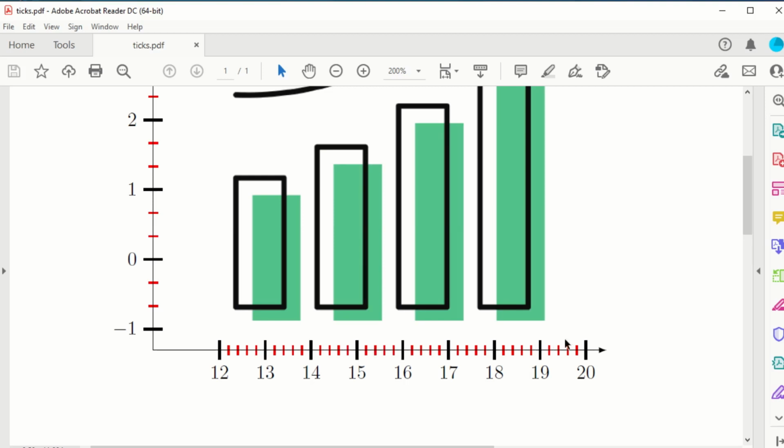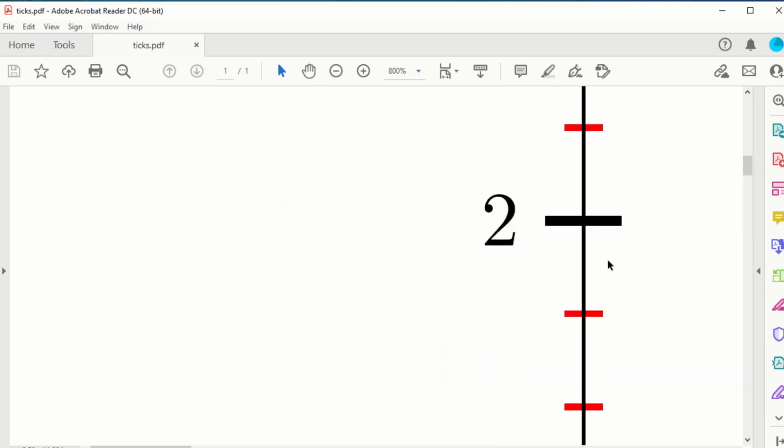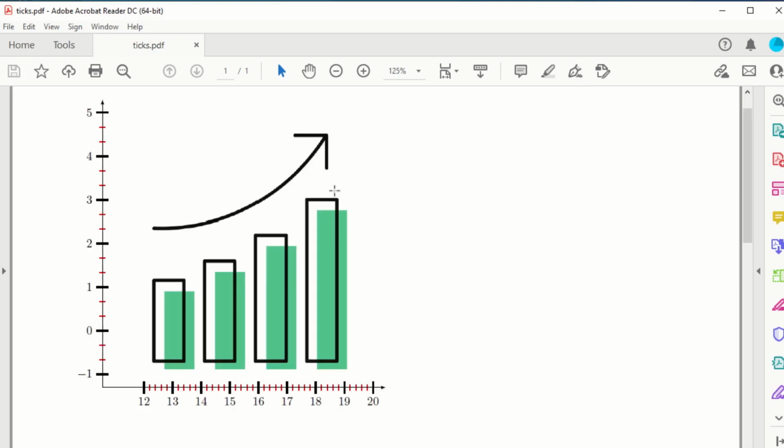But these tick marks which I am going to put will stay sharp at any resolution. Even if you go up to 800%, these tick marks will stay crystal clear. So this is one reason we want to put these tick marks in a professional quality software such as LaTeX. So let us see how we can do this.